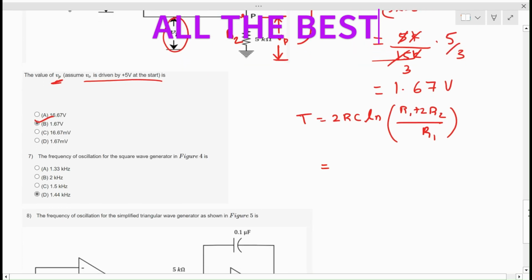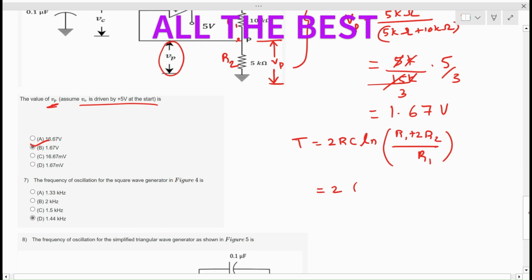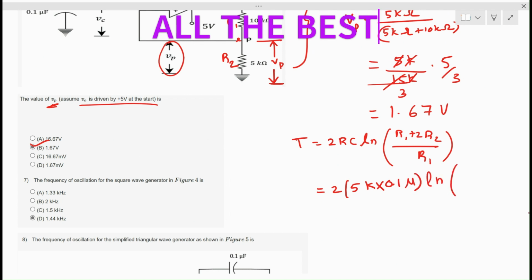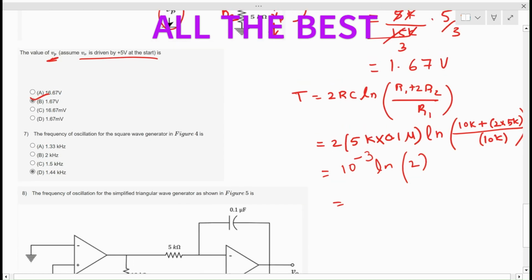Okay, so I am applying the values. R equal to 5 kilo ohm, C equal to 0.1 microfarad. So 2 into 5 kilo ohm into 0.1 microfarad into ln of (R1 is 10 kilo ohm, and R2 is 5 kilo ohm) 10 kilo ohm plus 2 into 5k, divided by R1, again 10 kilo ohm. So the answer is 2 into 5, 10k into 0.1 microfarad. So it is 10 power minus 3 into ln of 20k by 10k, that is ln 2. So the answer is T equal to